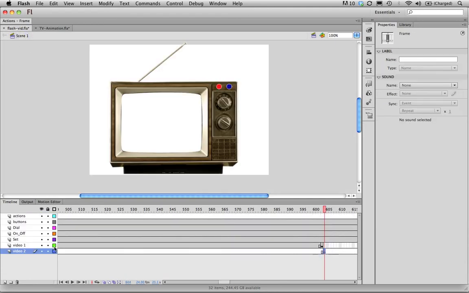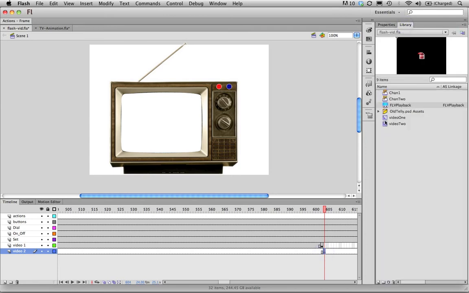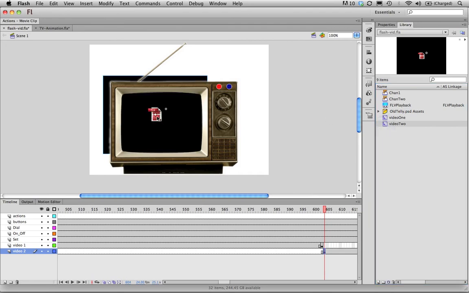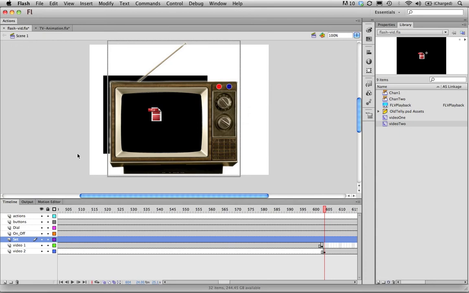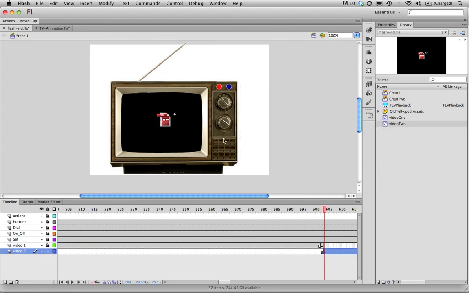Click on that keyframe on the video 2 layer, so this is where my movie clip's going to come in. With that selected, go back to the library and just drag out video 2 movie clip and put it in the correct place. I'm just going to lock all the above layers so that I can just grab that. Move it down until